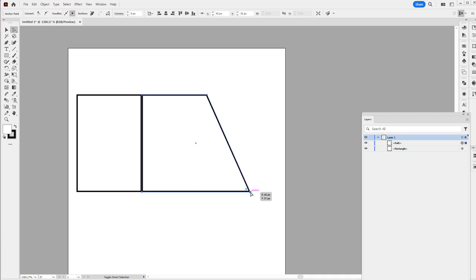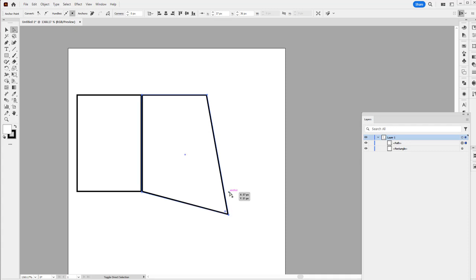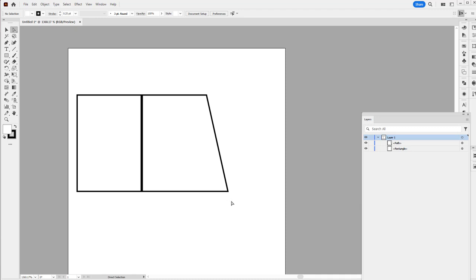So sometimes if you hit the left and right arrow or down arrow, you need to change the distance.